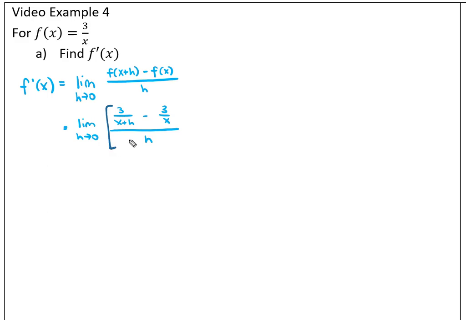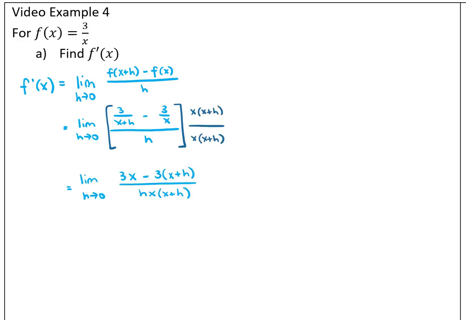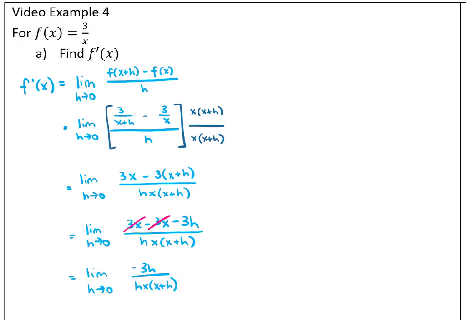And we get this function that has fractions within fractions, so let's multiply by the LCD of those inner fractions. So that cancels out with some of those denominators in the smaller numerators. And then we have this, and so let's just distribute that negative 3. Looking at this, you have to make sure you distribute that negative as well, so it becomes negative 3h. And then the 3x adds with a negative 3x to cancel out. And then I can reduce that h and that h, one in the numerator, one in the denominator,